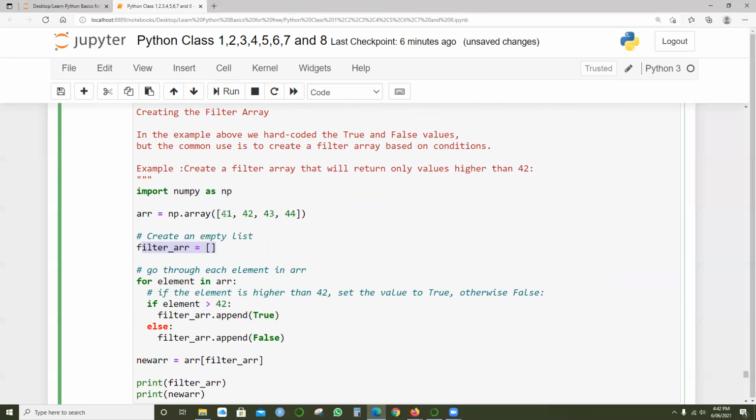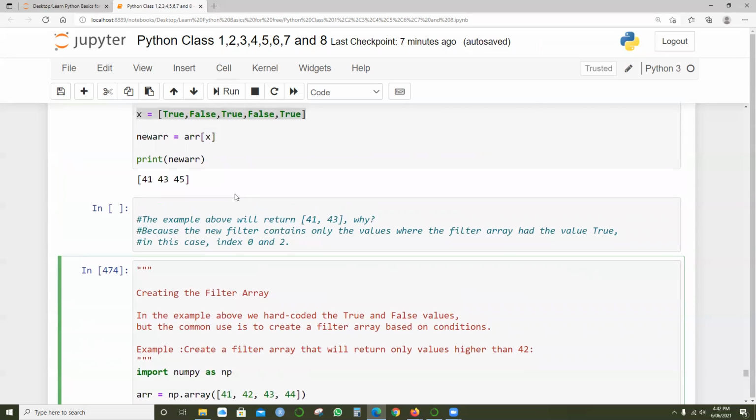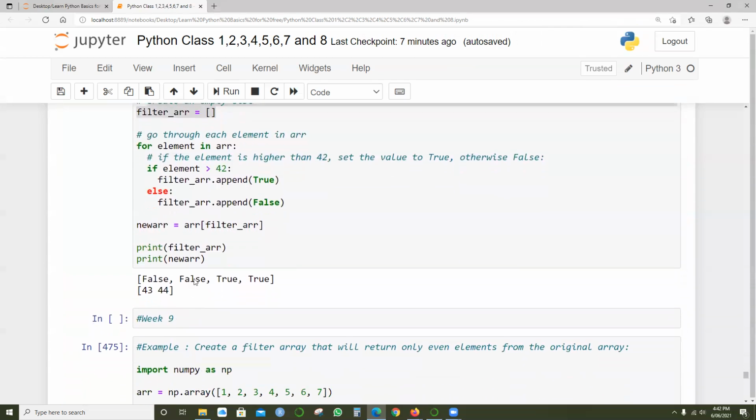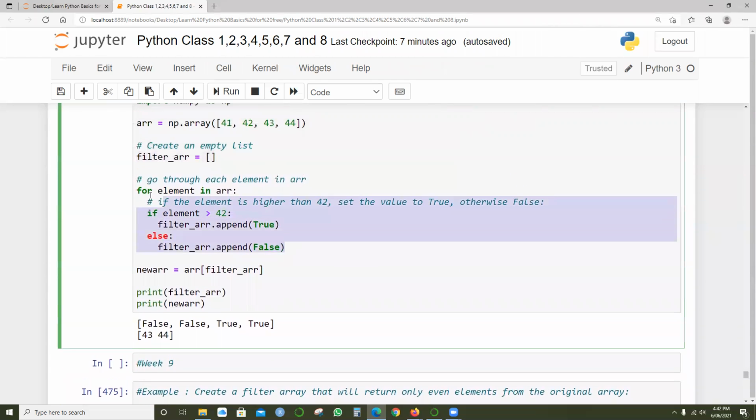Right? 42, this one is not greater than 42. So it will create those true, false values based on the loops, and based on that, see here we are creating false, false, true, true.